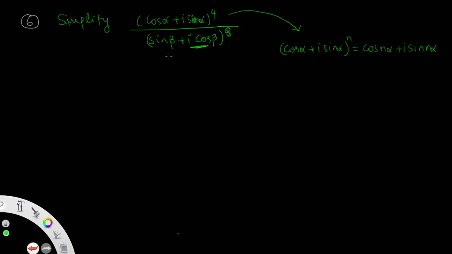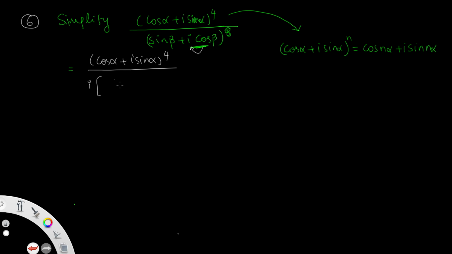That's why we have to rearrange to simplify the denominator. No need to rewrite the numerator, as it is already in the form of De Moivre's. I'm working on the denominator only. The numerator is written as (cos alpha + i sin alpha) to the power of 4, divided by the denominator, which should not have i with cos. That's why I'm taking i as common.